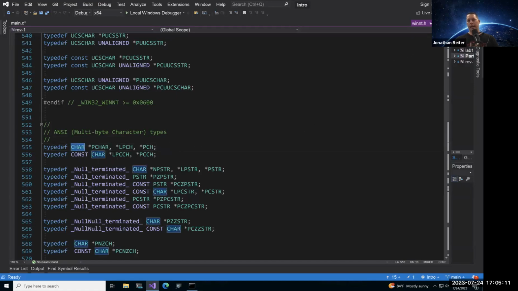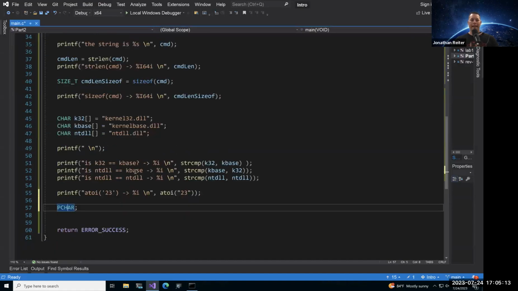Okay, so we're not going to be diving deep into pointers right now. This is going to be something we'll talk about in part 3 of the series, exactly what pointers are, addresses, stuff like that. And we'll get into looping as well in part 3. This is a lightweight introduction into that. Okay, so we have PCHAR.